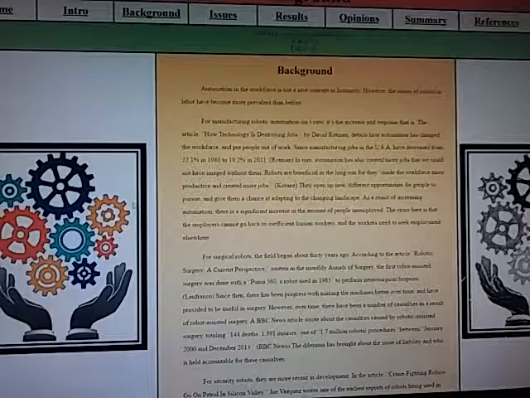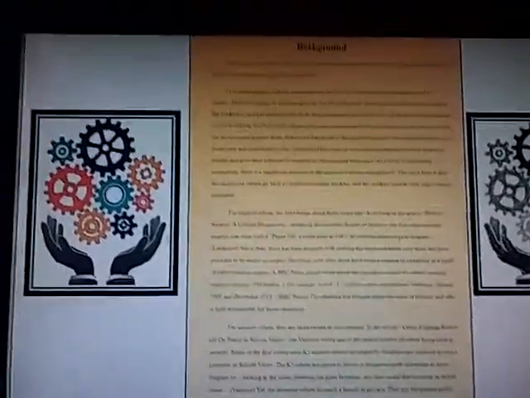Next, we have the background. We take into account the background of how this all began. Automation is nothing new. First of all, for manufacturing, it's not new, but it does open up new opportunities for people who are getting unemployed. For surgical robots, it first began 30 years ago, albeit in recent events, increased casualties call into question